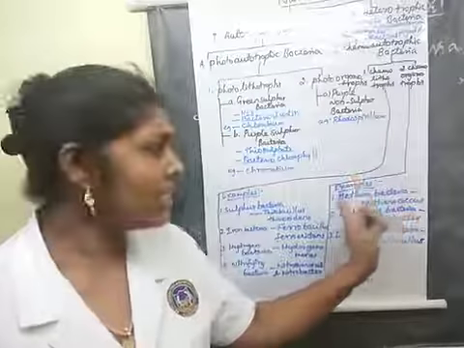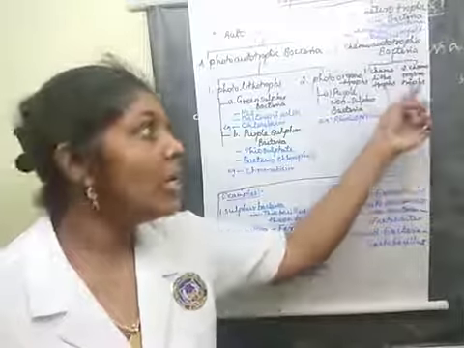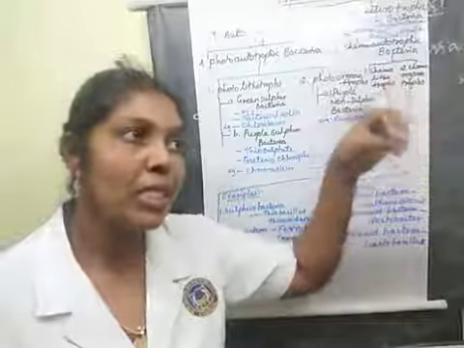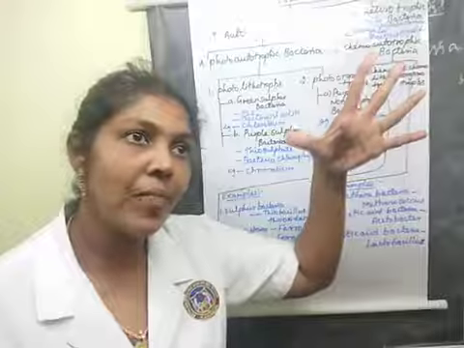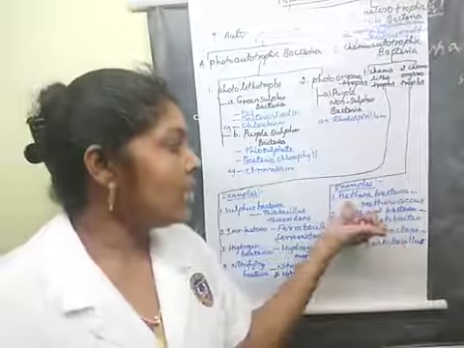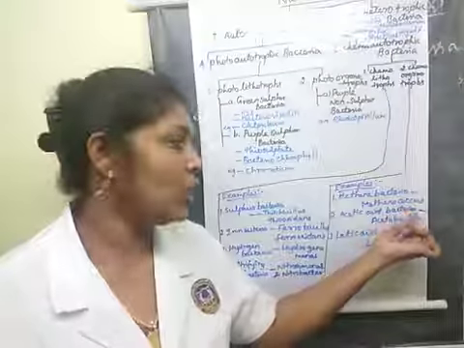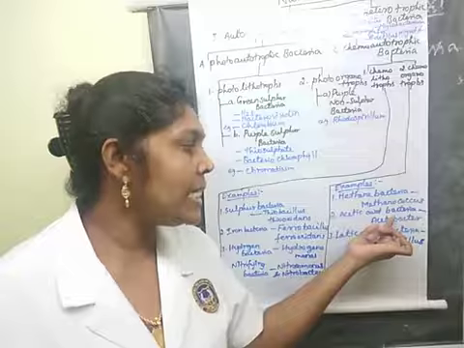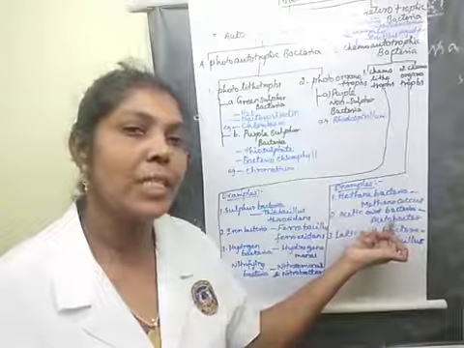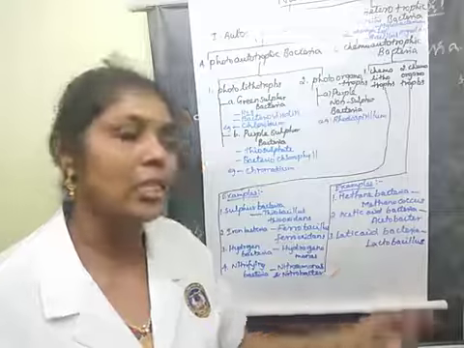The next one is chemoorganotrophs. Already I said this one. Which substances release the energy? Very good, organic substances. The next example is methane bacteria, this is the Methanococcus bacteria. Acetic acid bacteria, the example species is Acetobacter. Lactic acid bacteria, the species name is